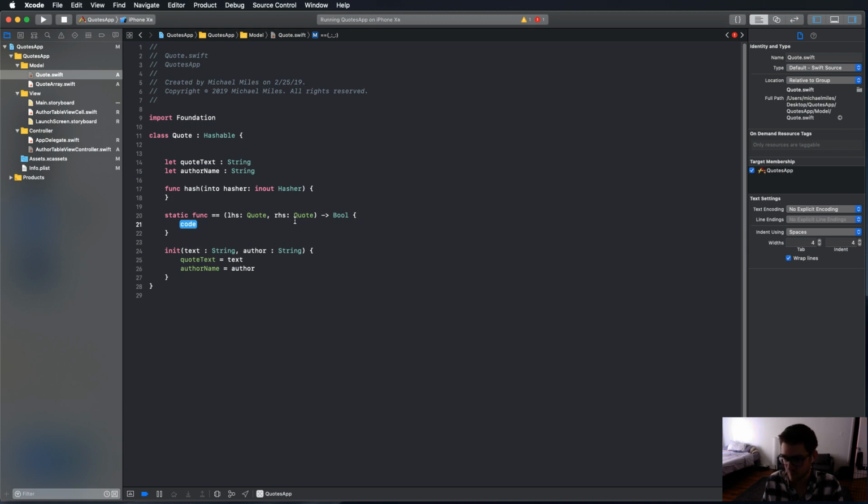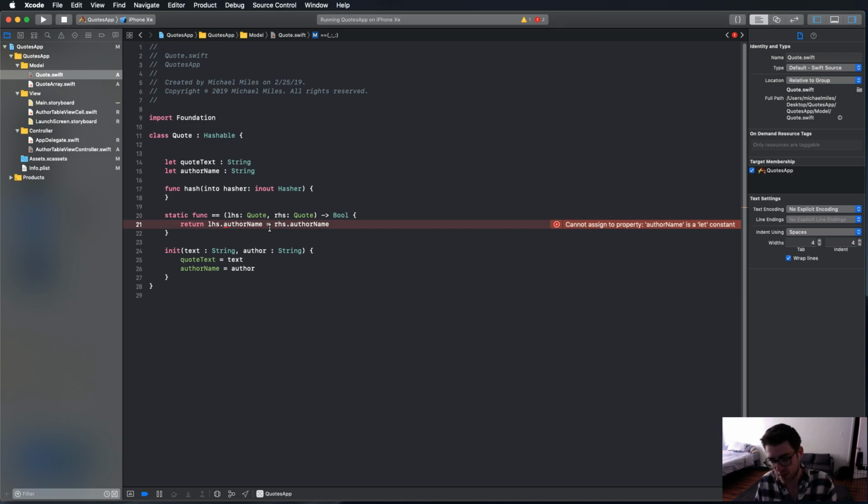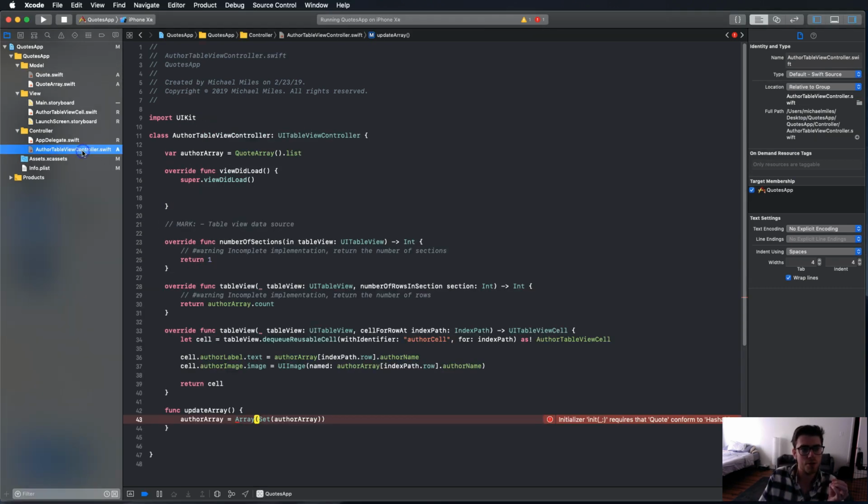Now in here, just have to set return to lhs.authorname equals rhs.authorname. And in here you'd put the things that you're going to group, kind of. And in order to do that, we have to add another equal sign to make it equals. Now when you use one equal sign, it means you're trying to change one object into another. Now when you use two equal signs, if you're new to coding, that means that we want them to equal each other in a more traditional math equals terms. So now this should conform to Hashable,